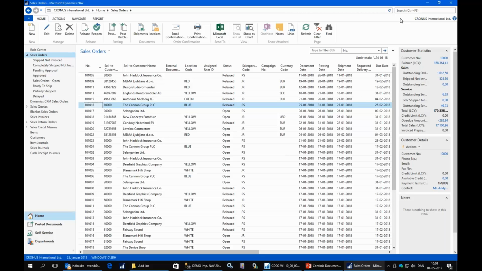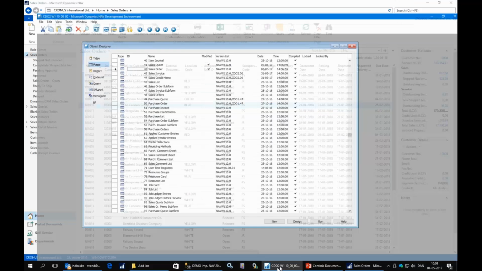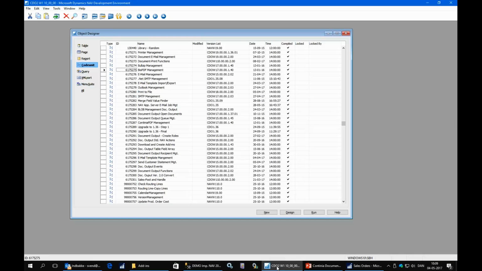Then I'm going back to the development environment just to show you that we do have some code units like BUPDF management, and Continia PDF management. They will not be able to compile unless you have actually installed the printer drivers for those. Also the page 6175279 email language is not used anymore from the old versions if it's an update, so that will not be able to compile as well, and you can just delete it. This is also described in the upgrade notes for